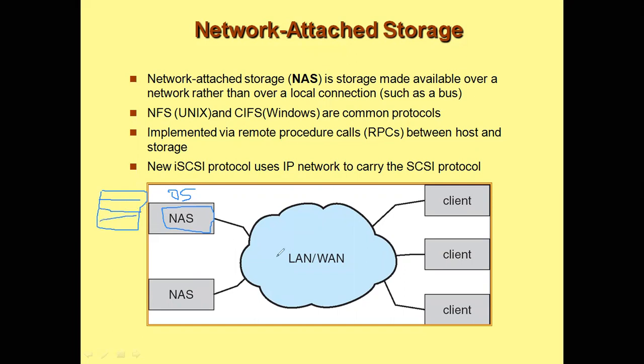So we can access this NAS, which is a device, through a LAN or WAN connection. For example, say in a family of 4, each one wants to access a different media at a particular time. Like one would like to watch movies, another songs, some other person browse through music. So these 3 can access the NAS through a local area network or a wide area network.